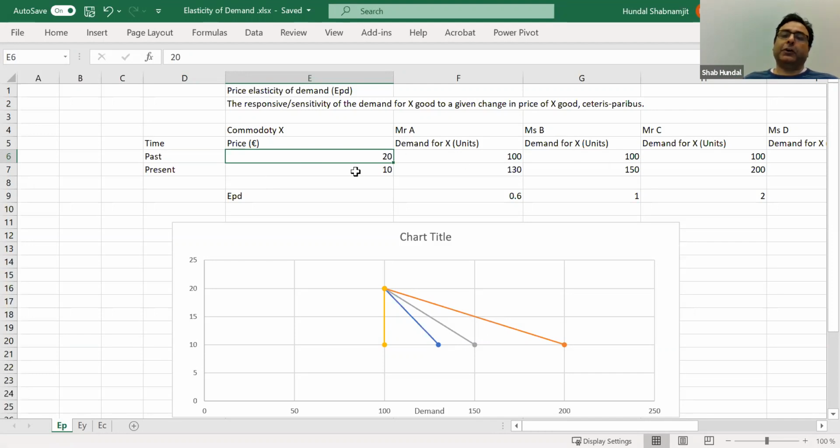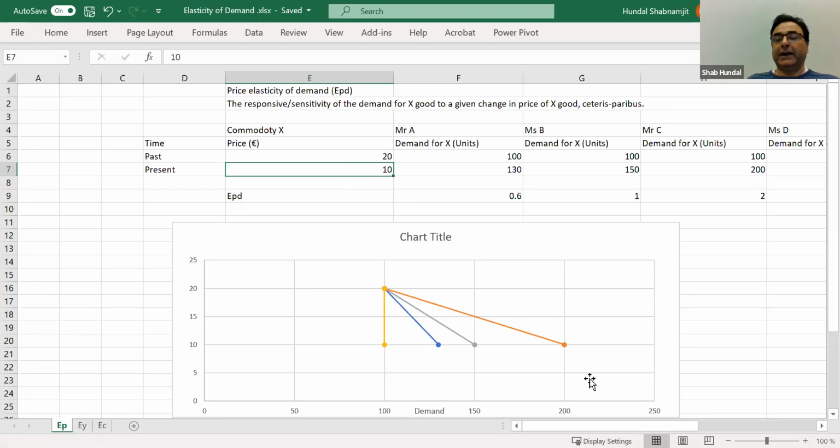But when the price falls, we know one thing: when the price drops, the demand would increase. And this is the law of demand. But that is a qualitative thing. That is a very qualitative statement. I need to know the quantification. The proof of the pudding is in the eating. So I want to see how much demand reacts to this change in the price.